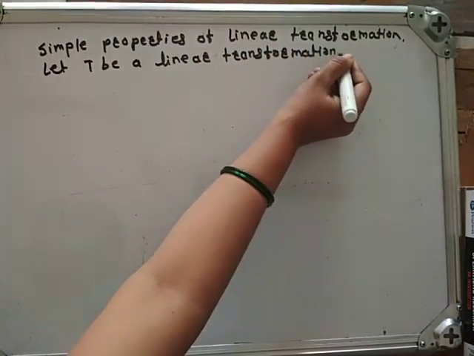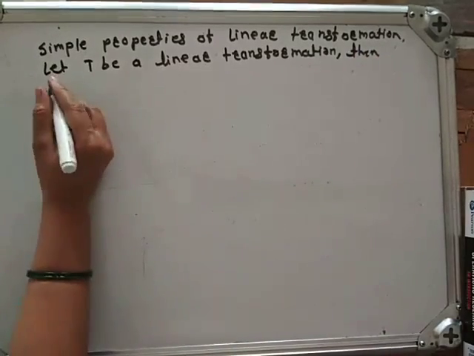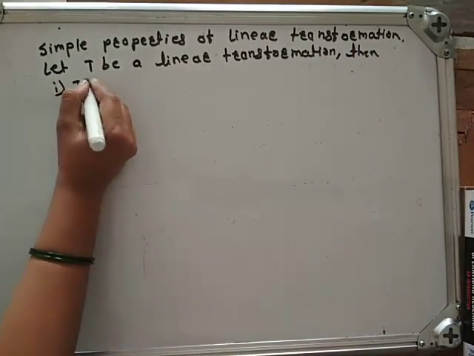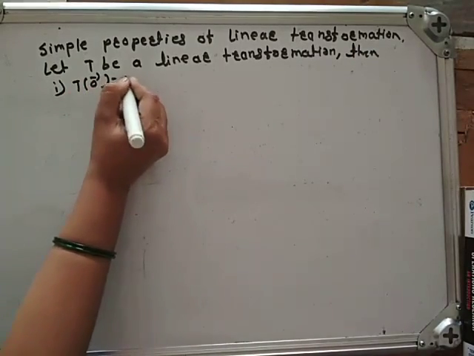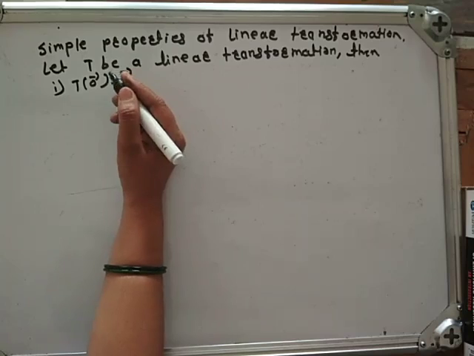Let T be a linear transformation. Then first property is T of 0 bar is equal to 0 bar. That is, T transforms the 0 vector